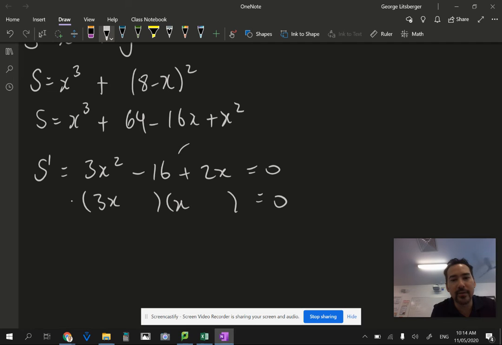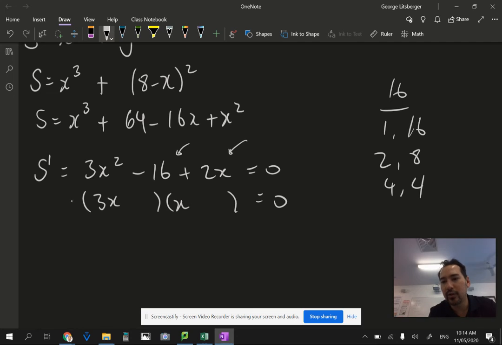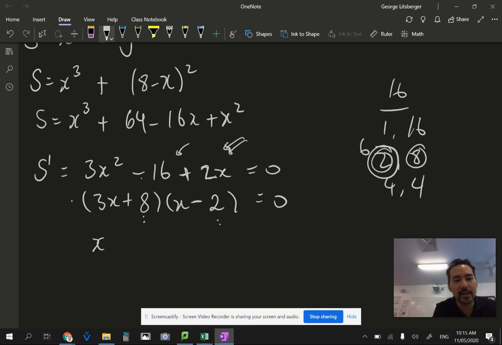And we're looking for factors of 16, which are 1 and 16, 2 and 8, 4 and 4. We want the pair that's going to add up to make a 2, but one of them has to be tripled. If I triple this 2, I get 6 and 8, and that should make the 2 that I want. Okay, so if I'm tripling, the 2 has to go here, and that means the 8 has to go here. The 2 is positive, which means that the larger between the 8 and the 6 gets the positive. And a positive 8 times a something 2 makes a negative 16, so that has to be negative. Excellent. So x is equal to negative 8 on 3, which we know is not the right answer,